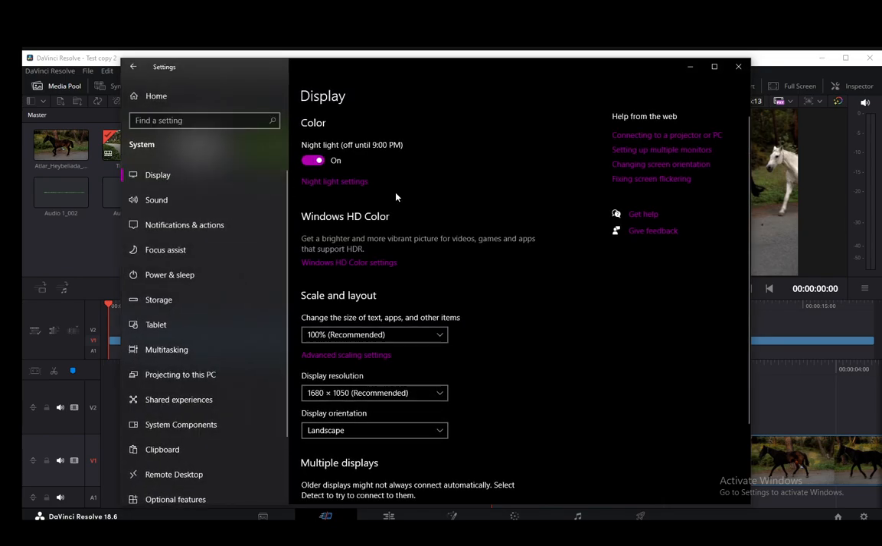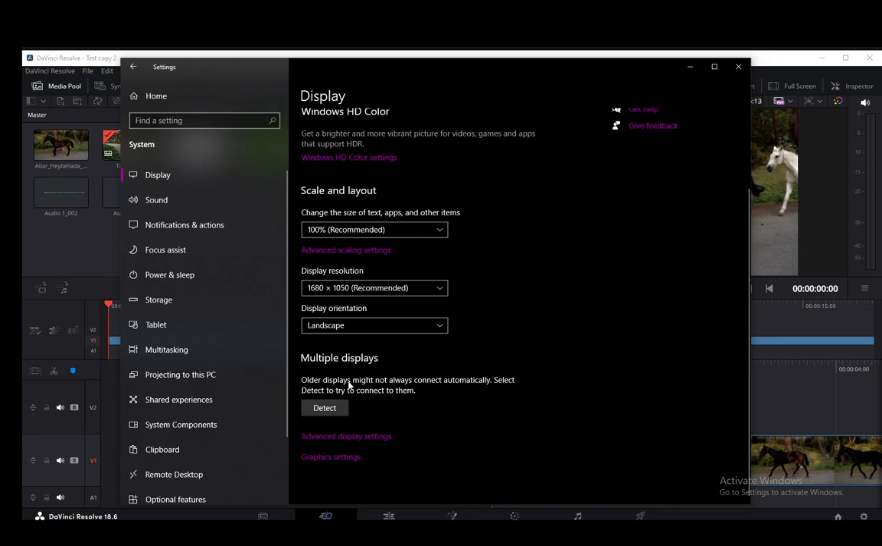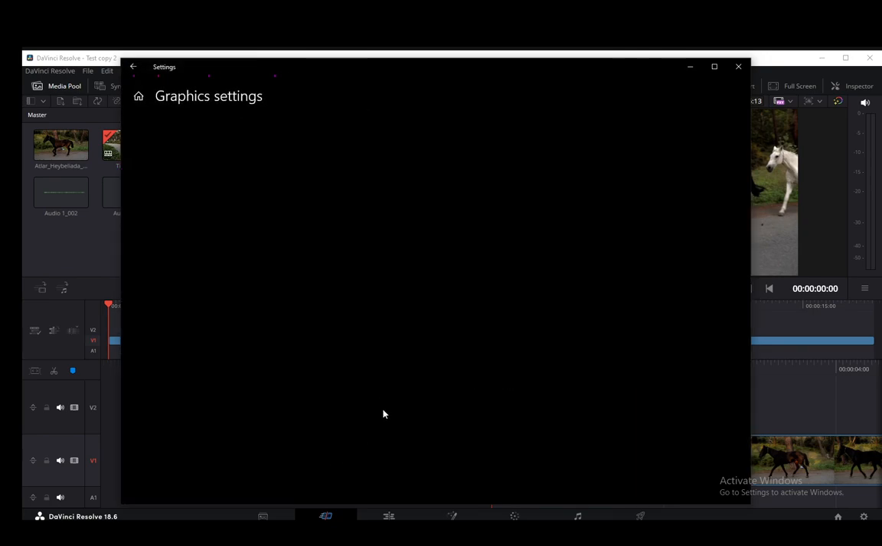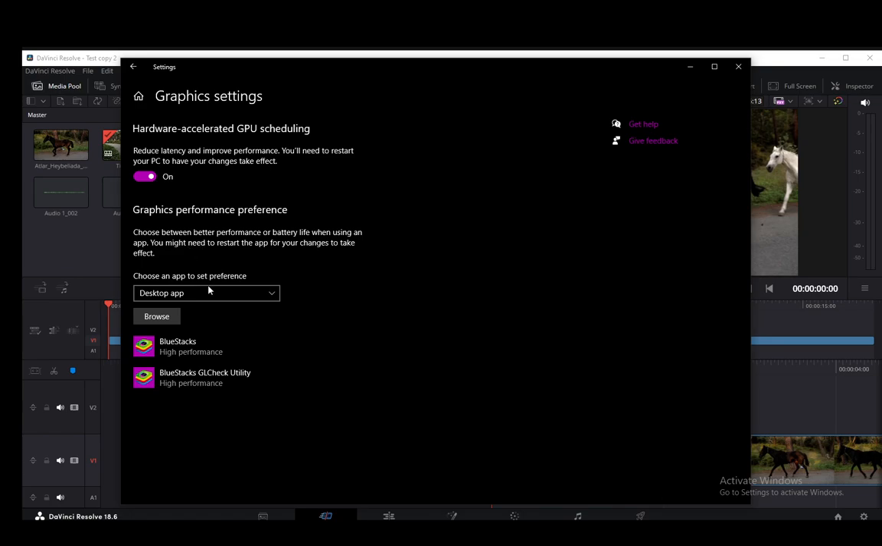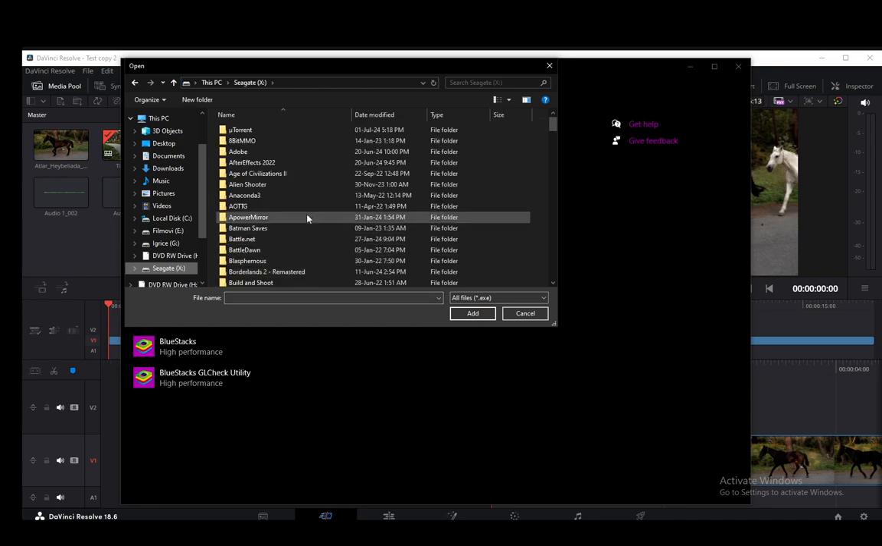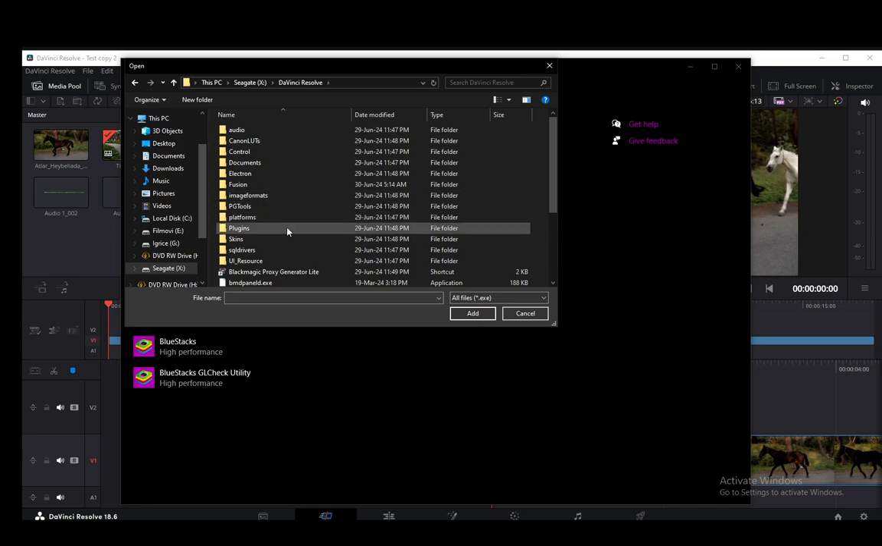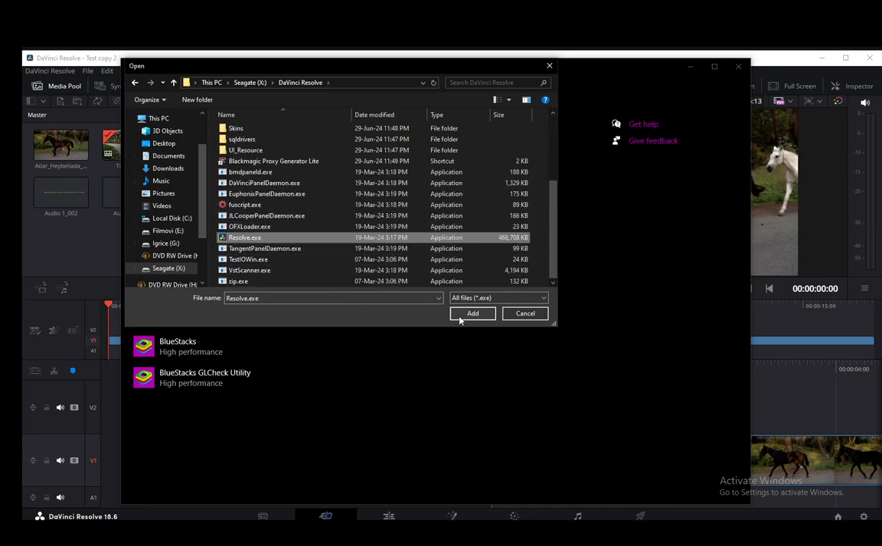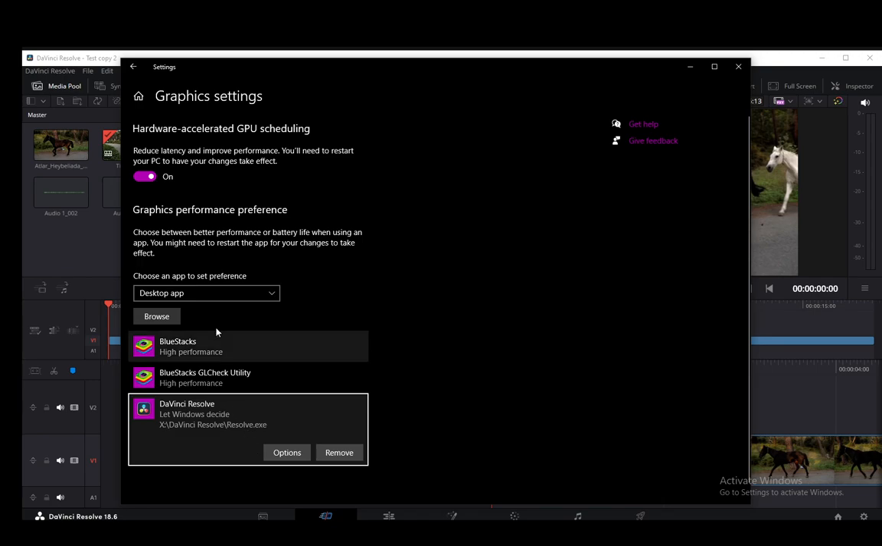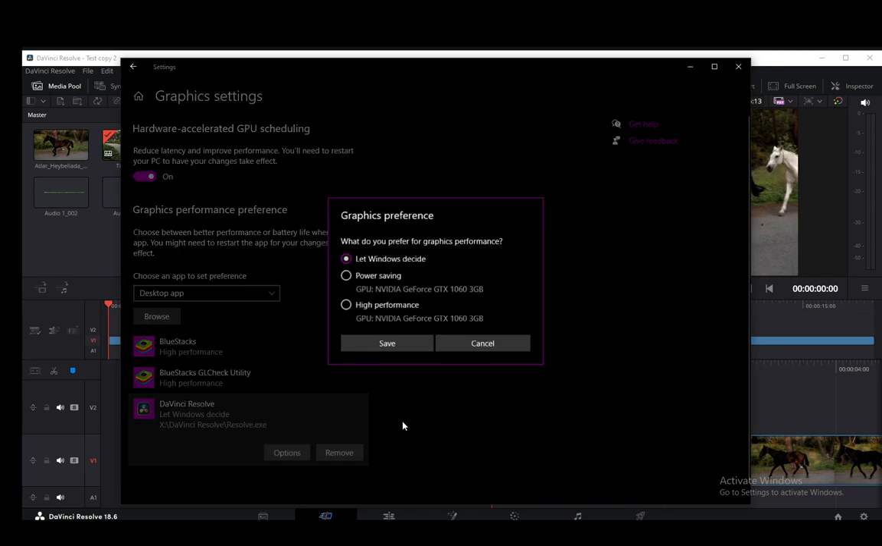And once I go into display, you just want to scroll down, and if you have graphics settings, you need to click on graphics settings, and that's going to launch this window. And as you can see, graphics performance preferences are what you want to edit, and if it's a desktop app, you want to click browse and locate Davinci Resolve. In my case, it's on X, and I'm pretty sure it is under Davinci Resolve. Click that and just click resolve.exe and add that to your performance preferences,